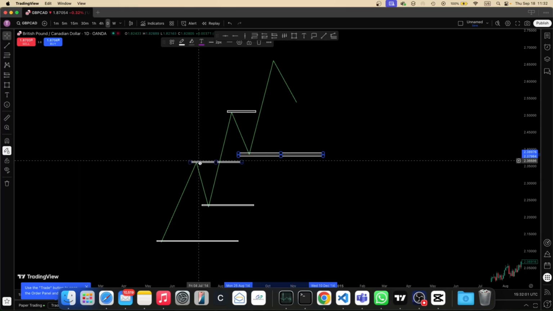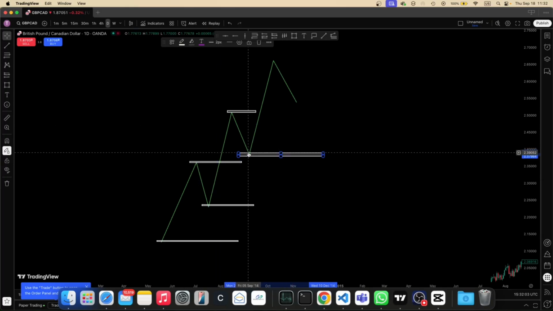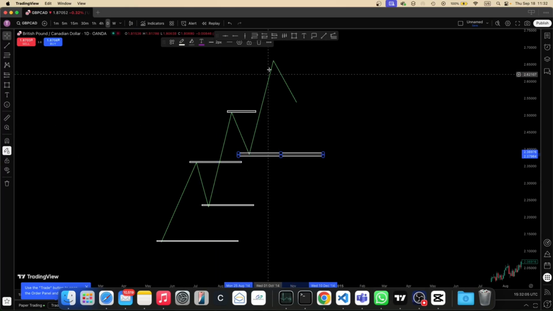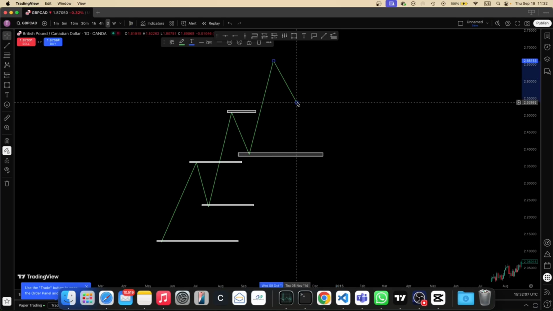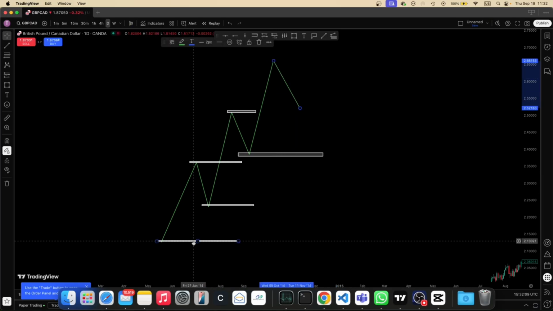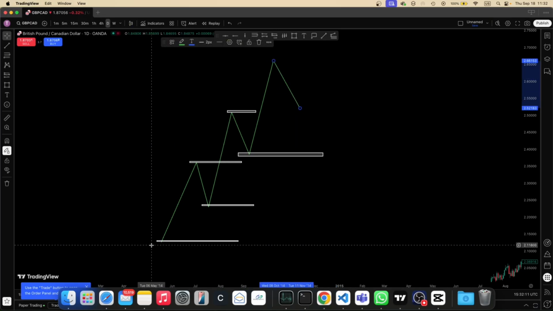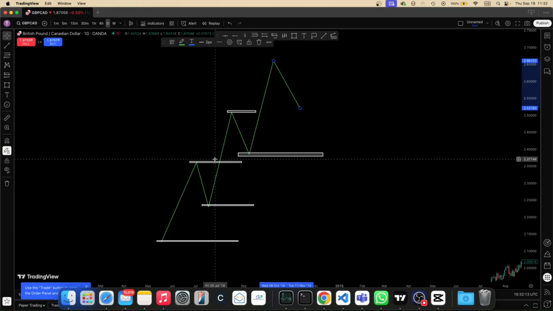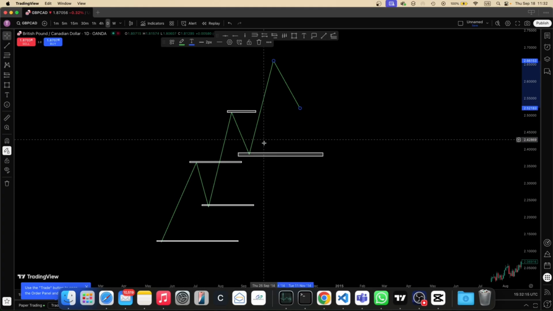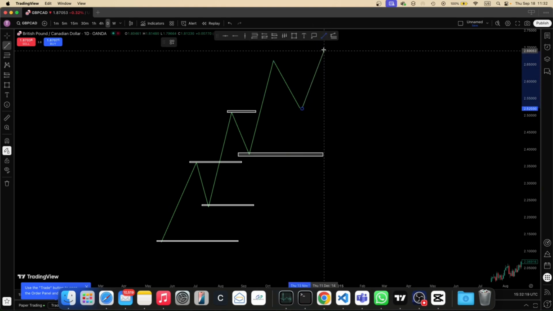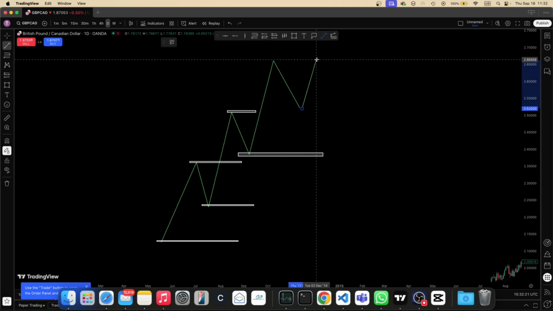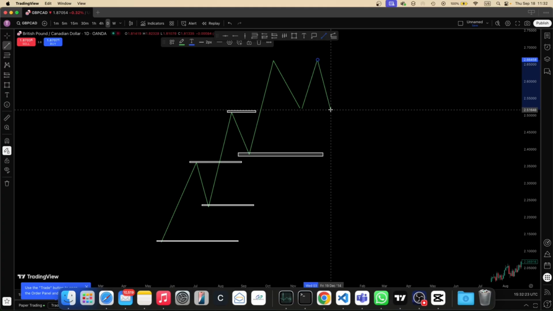Your previous resistance become the next support, and then it does the same thing. So this is what they call as the role reversal, where your support becomes resistance, resistance becomes support as the market goes, until to the point where market doesn't have the momentum and it starts to